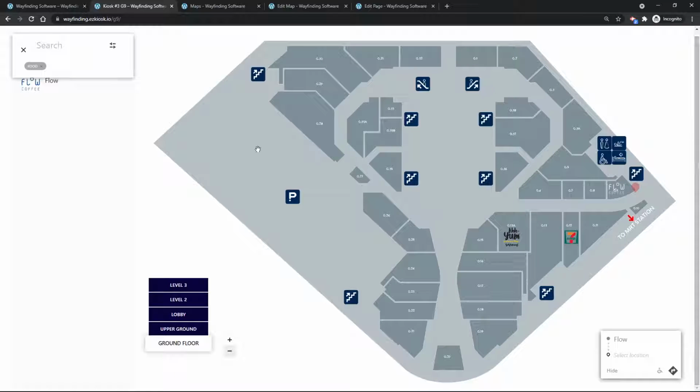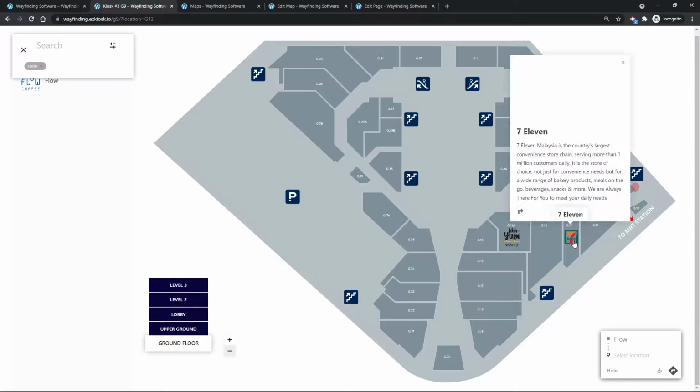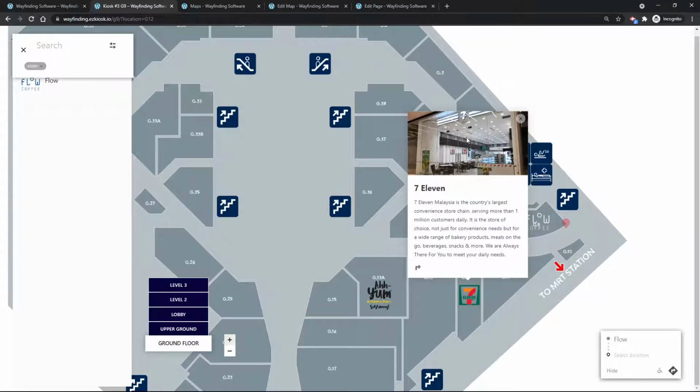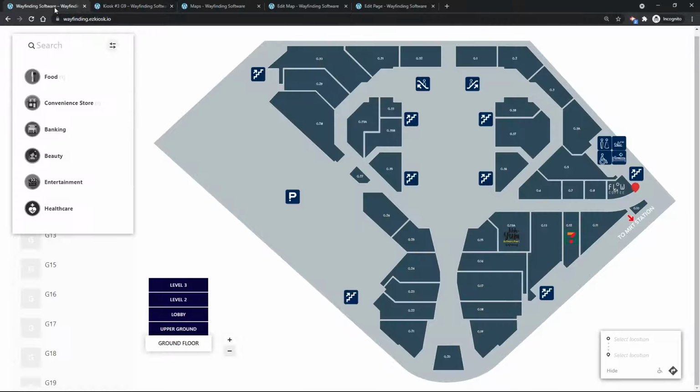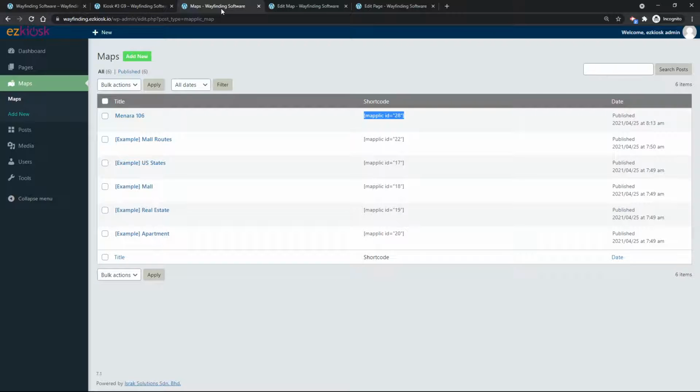So let's say now I want to add a new one. This ayam is not there because, for example, if I click, it shows a picture, title, and some description, right? Ayam is not there yet because I haven't added it yet. Okay, let's